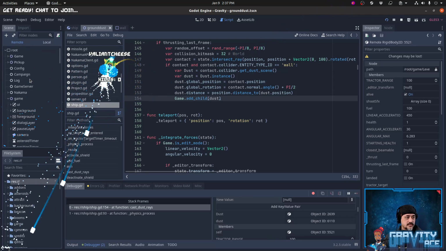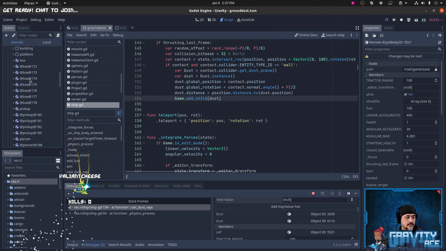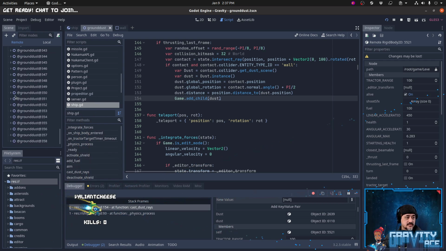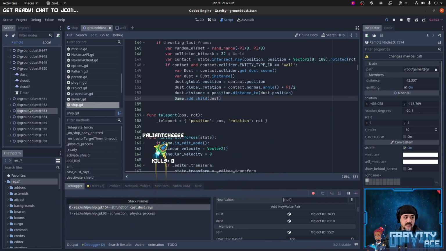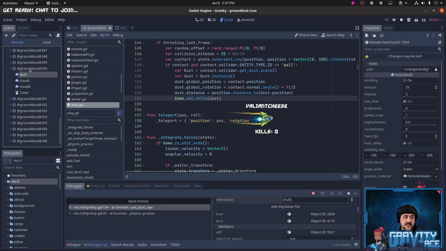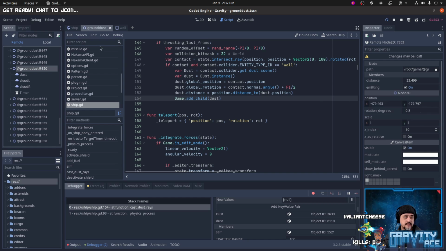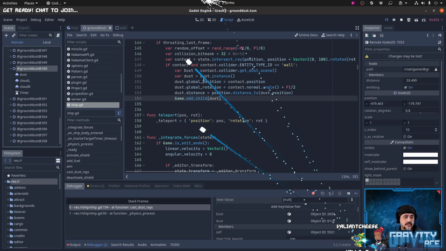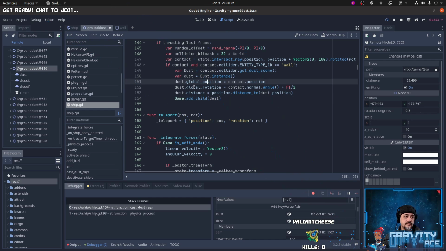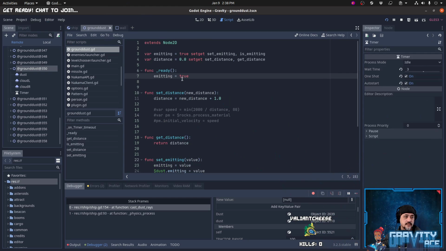But in the remote tree, I've got lots of dust. Not emitting, not emitting, but this is emitting. Maybe... you know what it could be is that because this is defaulting to true, when this happens, oh,